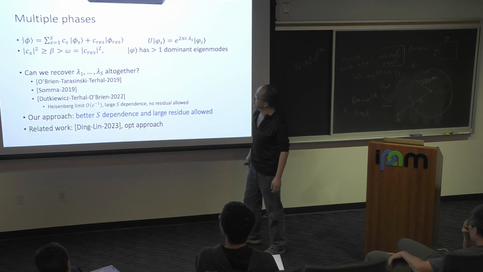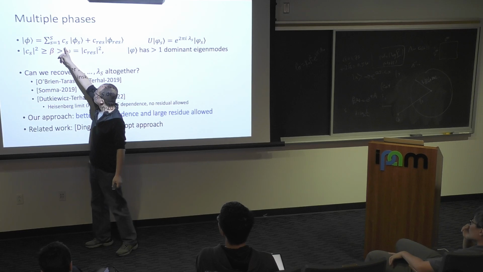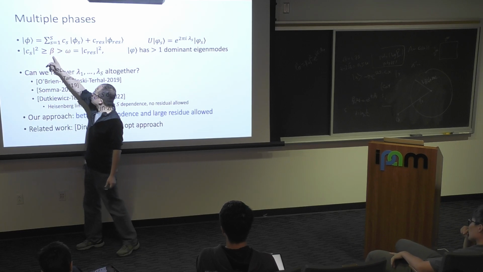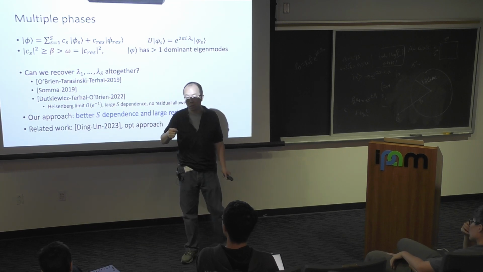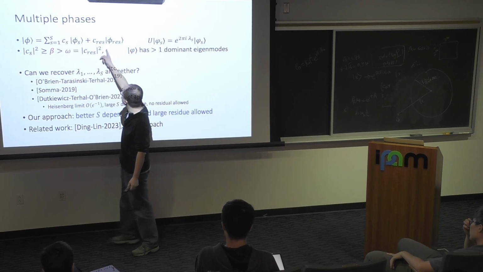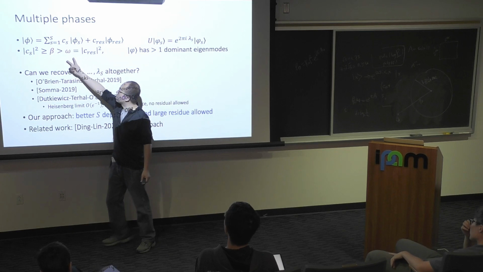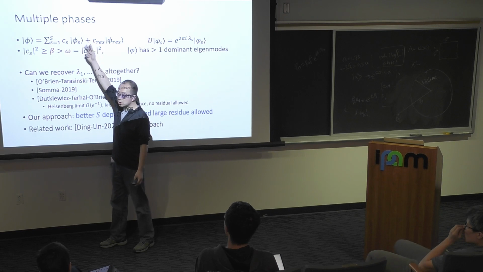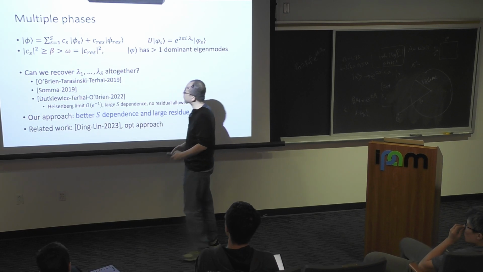Now we have to make certain assumptions. We assume that for all the modes that we care about, C1 to Cs, the modulus squared is greater than a constant called beta. So beta is the minimum amount of energy of the mode that I care about. It has to be greater than omega, which is defined to be the rest of the energy. Because if you don't have this condition, then it's not clear, a priori, what you want to discover. It could be that the residual has more energy than one of the modes that you want to discover. Then this obviously is not possible.